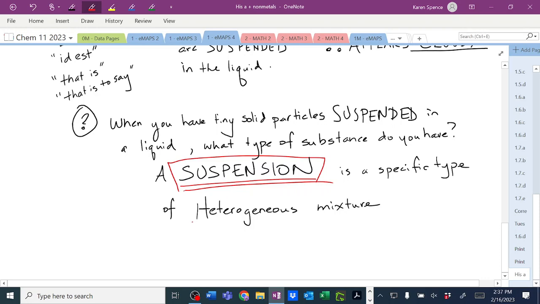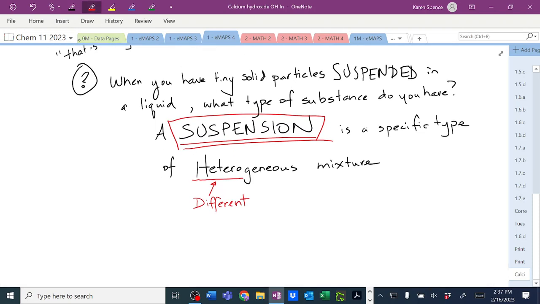Now, do you guys know what the prefix hetero means? It means different. So if you are heterosexual, you are attracted to people of a different gender. Homo means the same. That prefix means same. Okay, so if you are homosexual, you are attracted to people of the same gender. Okay?